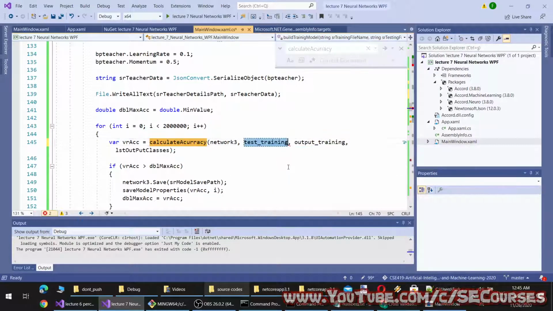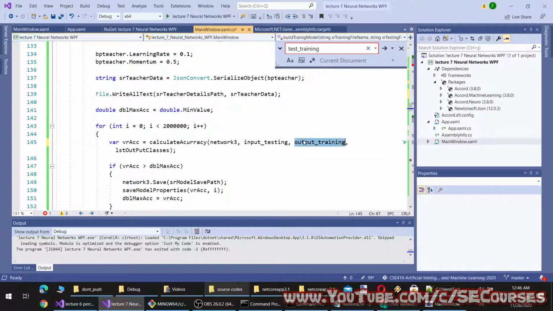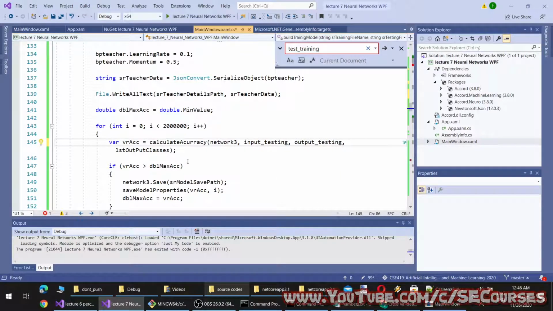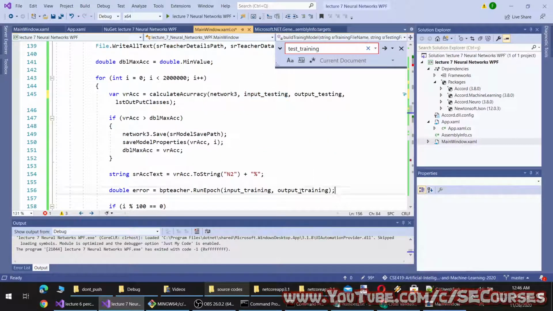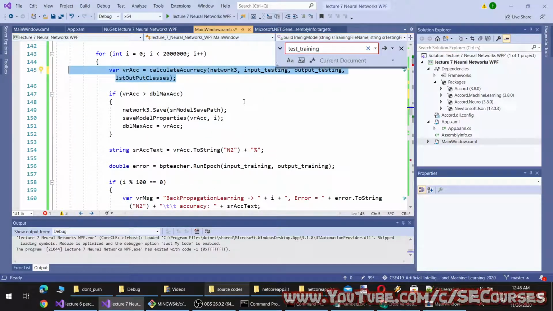Yeah, input testing, and output testing. So basically we will train model as usual here, and for calculating the accuracy we will use the testing data, and this time we will save the best accuracy.